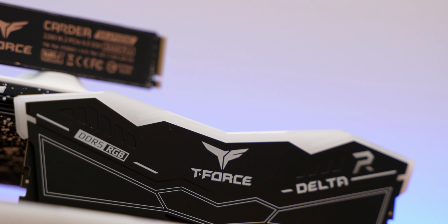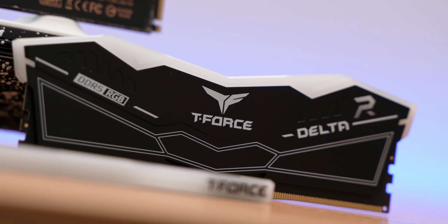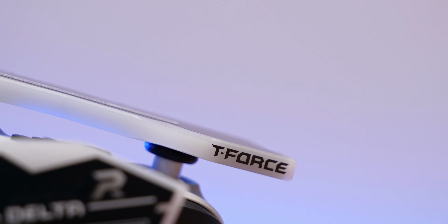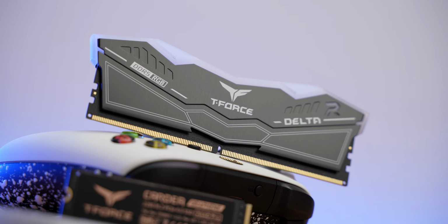What is so cool about this memory is that they are modeled after a stealth aircraft. That being said, design-wise, those memory modules are very sleek with an aluminum heat spreader combined with matte black finish, or white if that is your choice of color. On top of the module there is an RGB diffuser and below it there is a small R letter cutout, which adds extra FPS due to the RGB. Facts. Also, since the heat spreader has these jagged edges, make sure to be aware of their size as they are 41.6mm tall,